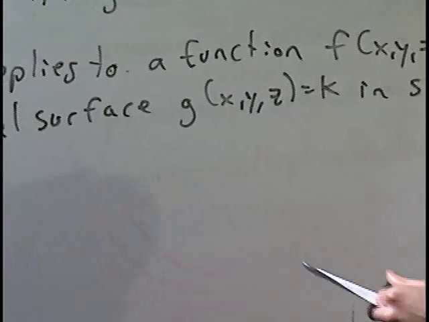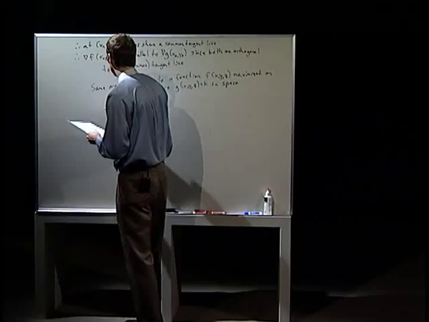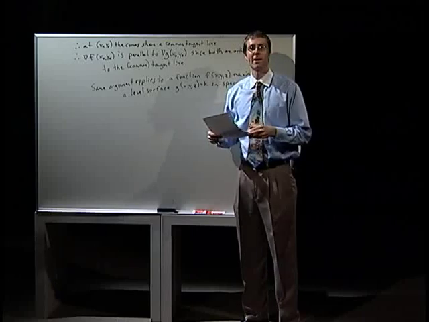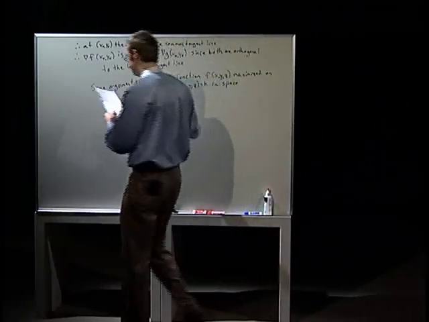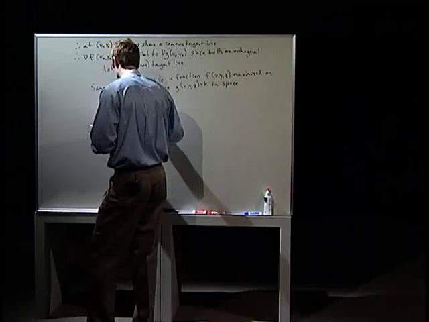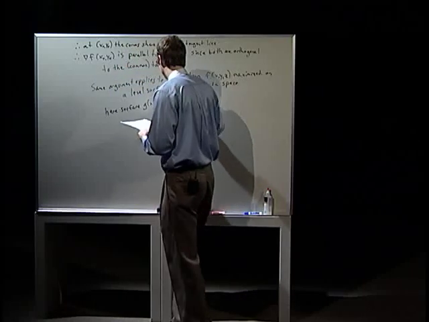The same exact thing applies there. The only difference is when you're on a level surface, they don't share a common tangent line, they share a common tangent plane, right? So here, the level surface g of x, y, z equals k